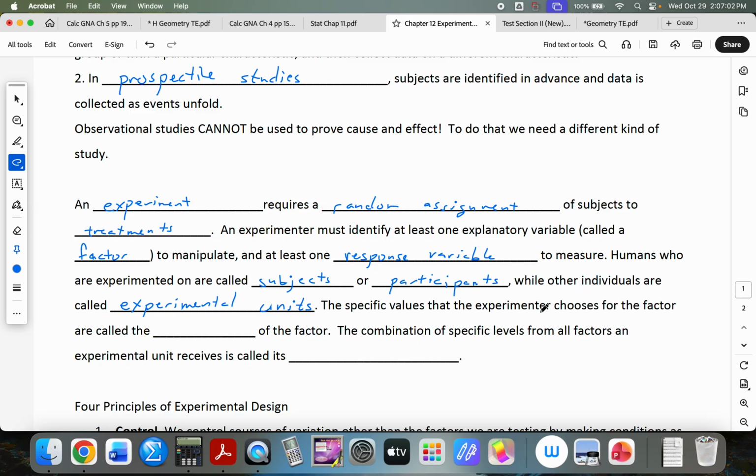The specific values the experimenter chooses for the factor are called the levels of the factor. So in an experiment, you may say, this group got 100 milligrams of this experimental drug. This one only got 25 milligrams of this experimental drug. Is there a difference in the outcome? The combination of specific levels from all factors an experimental unit receives is called its,